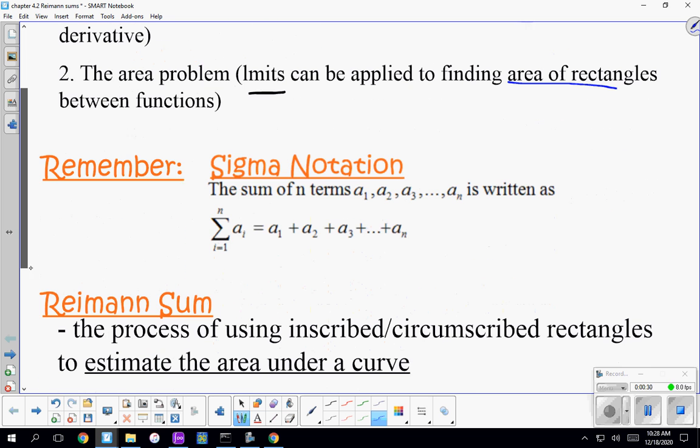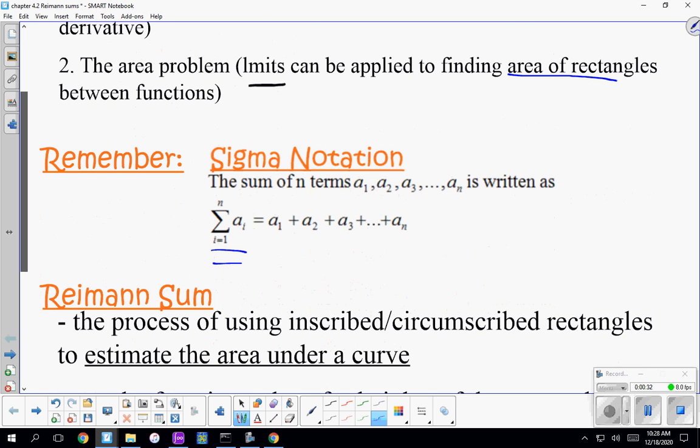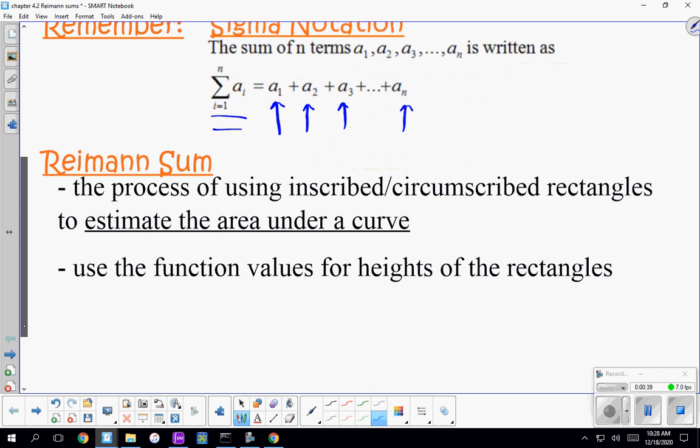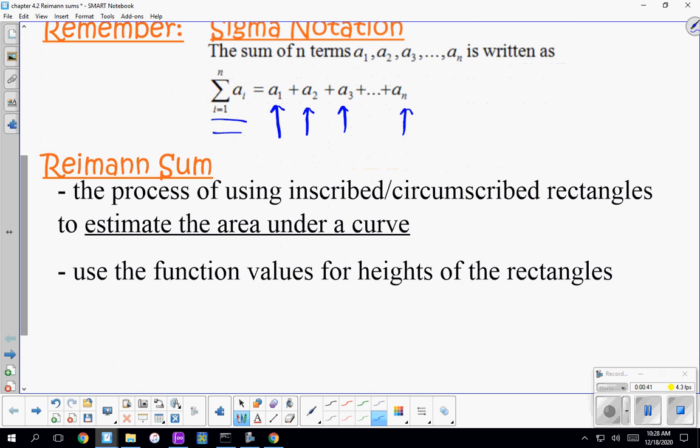So just remember, this is sigma notation. It just means we're going to add together lots of similar terms, and we're going to use that in our definition of how to find area. So you're going to see this word Riemann sum. It's the process of using inscribed or circumscribed rectangles to estimate area under a curve. Again, this is an estimate, and then in the next couple chapters, we're going to make it more accurate by applying a limit. And then we're going to use function values, which are y values, to find heights of our